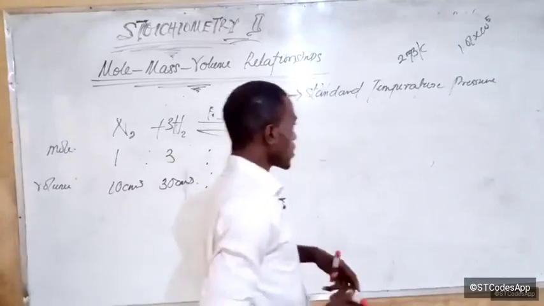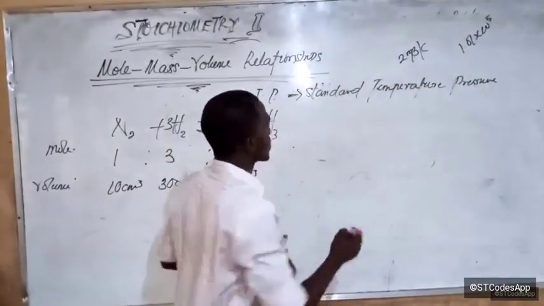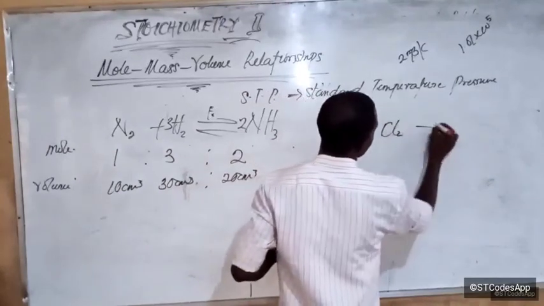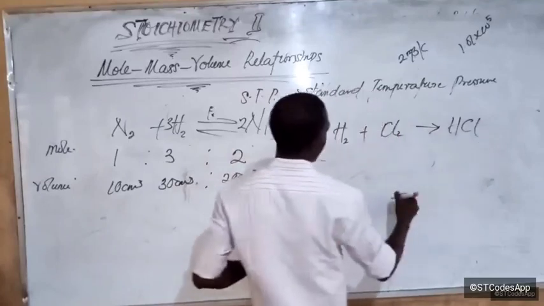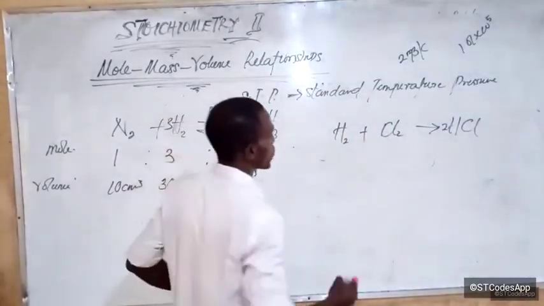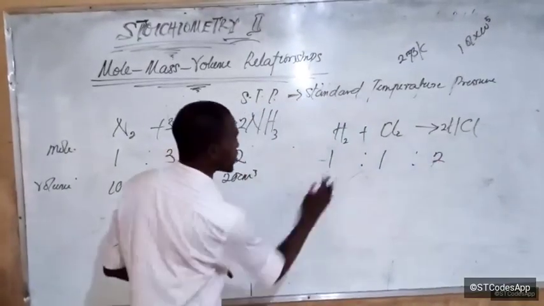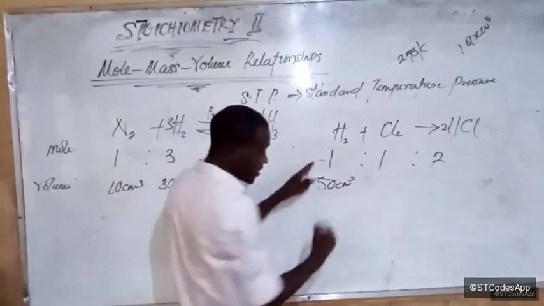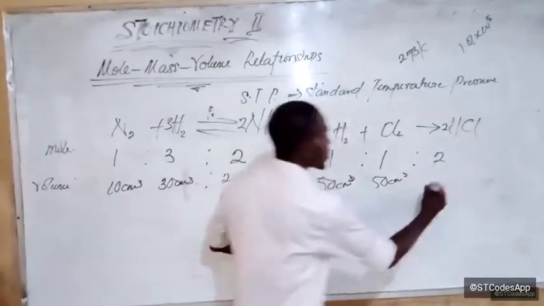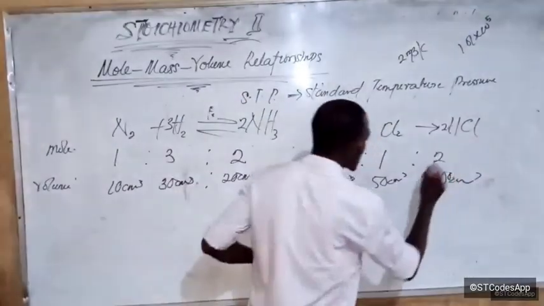Now, if I react, for example, hydrogen H2 plus Cl2 to produce HCl, all right, and I just put 2 here, what is the ratio of their combination in this reaction as well? We have 1 to 1 to 2. So meaning that if I started with 50 centimeter cube of this, I will need 50 centimeter cube of this also to produce what? 100 centimeter cube of this. This is not additive. This is basically